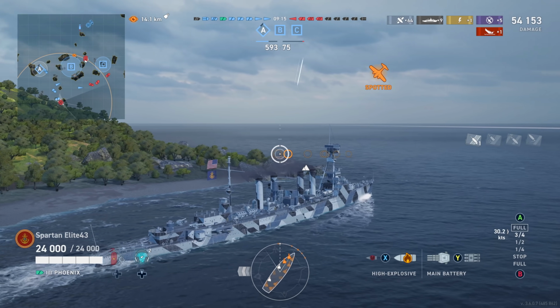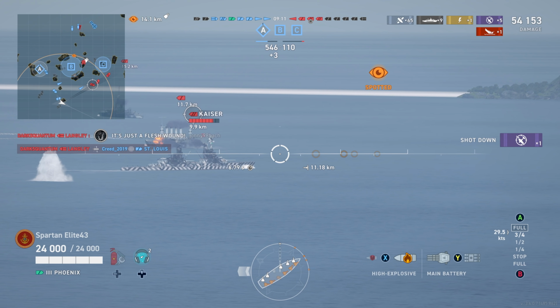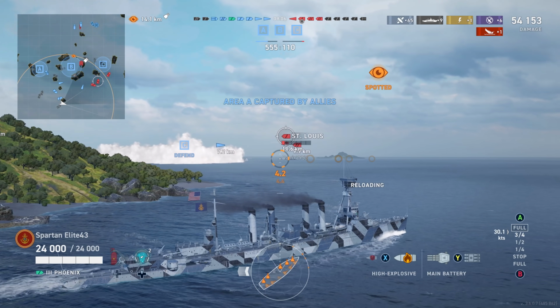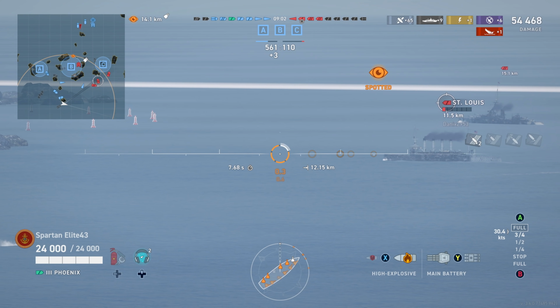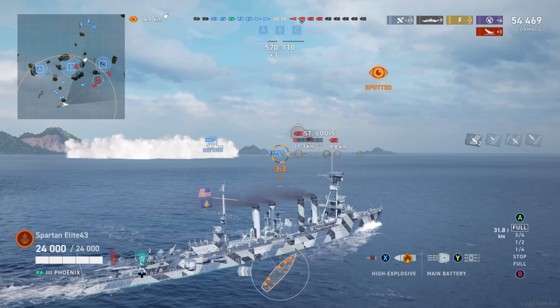But we were forced to go around the island here, and we're about to get into an engagement. We're kind of trading back and forth between the St. Louis and the Kaiser, just doing what we can to try to soften everybody up. Normally I would have AP loaded for the St. Louis, but because we're shooting the Kaiser as well,